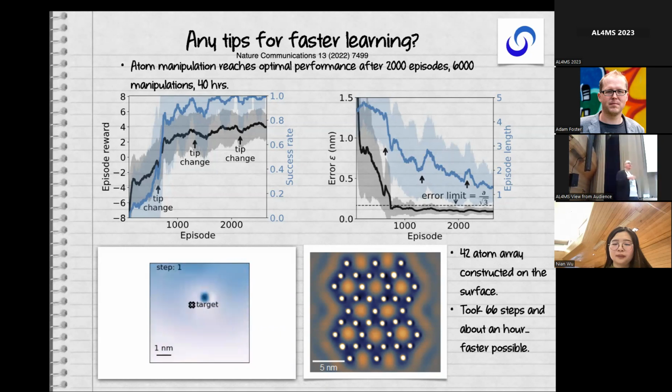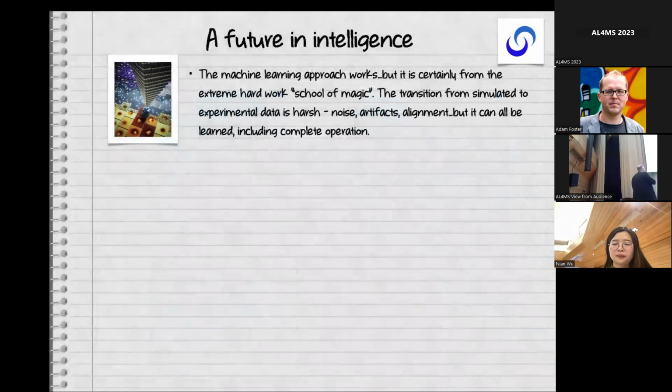And we think we can make this an order of magnitude faster by really pushing the parameters. In truth, we're not going to do that because we're already bored with silver on silver. And now we're actually moving towards manipulating things that are very interesting scientifically. For example, building large spin arrays and looking at the physics of these without having to spend 2 months building it atom by atom. Okay,